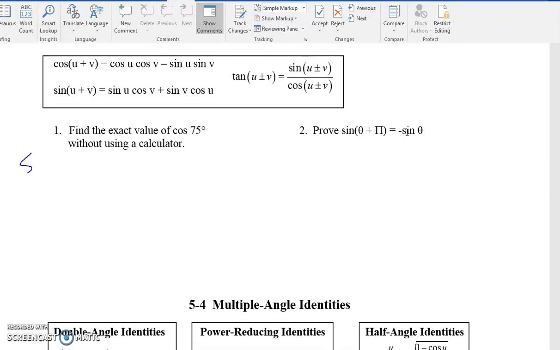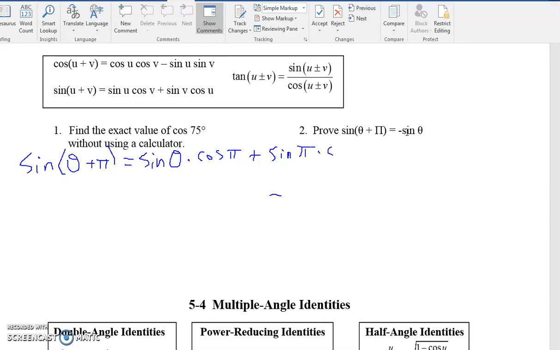So if I have sine theta plus pi to start out, my rule says take sine of the first angle, so sine of theta. I'm going to multiply by cosine of the second, so cosine of pi. And then I will add to that sine of the second angle, so sine of pi,